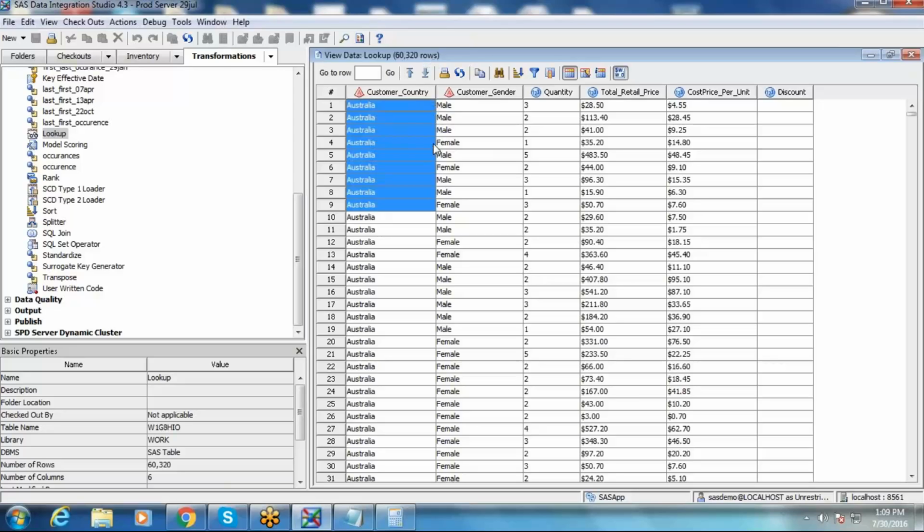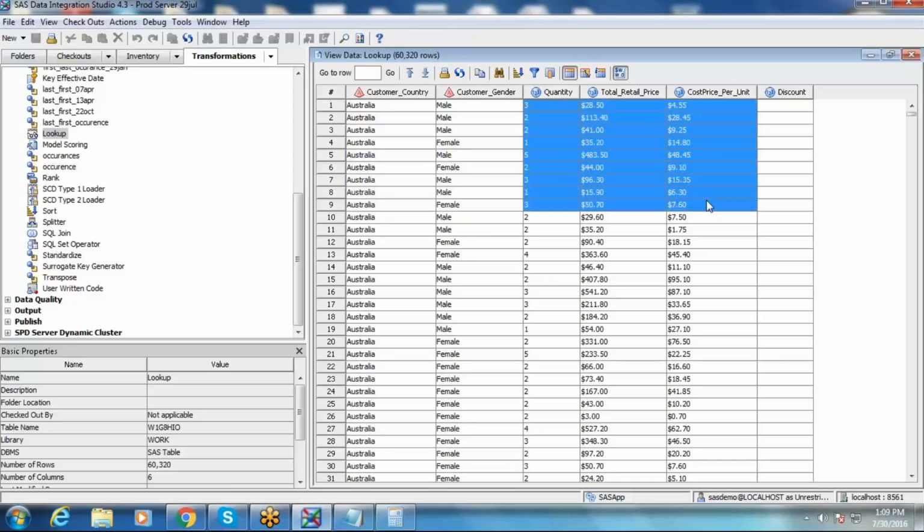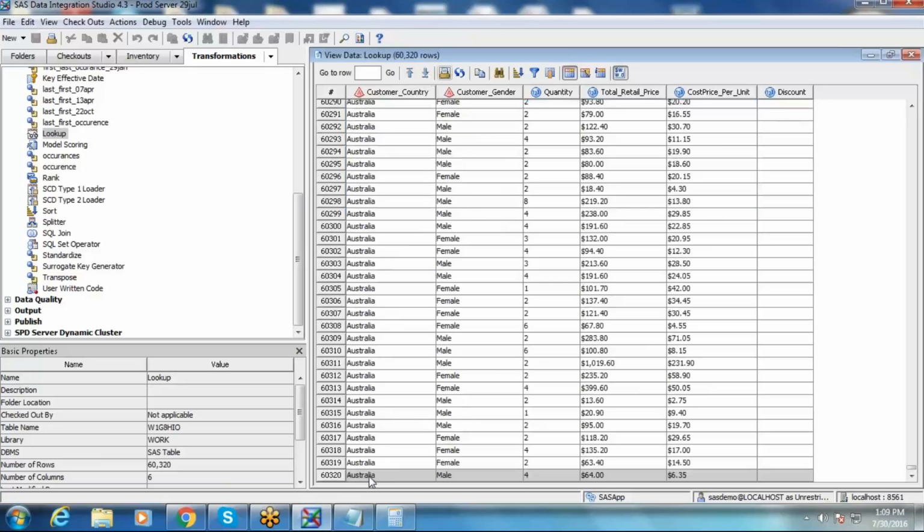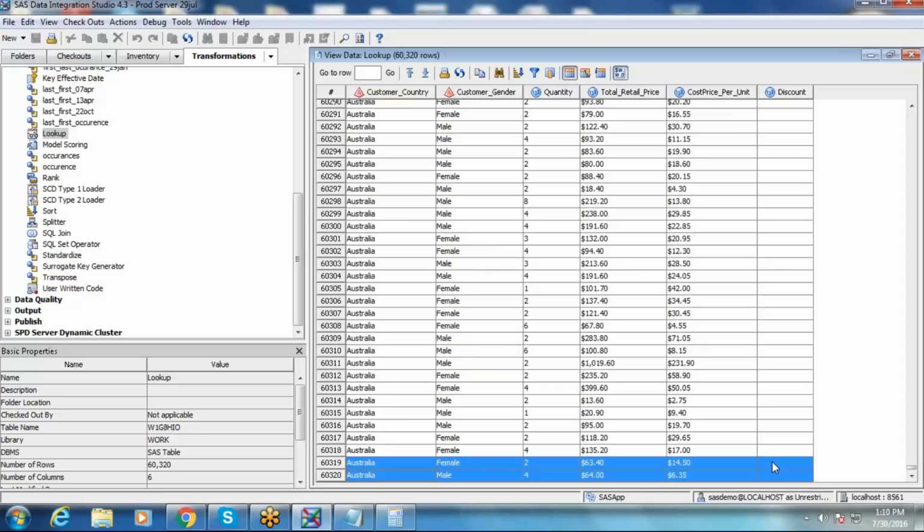This is the same strength that we got from the SQL join transformation also. Customer gender, quantity, total retail price, and cost per unit price. If you go to the last record, you should see only Australia. The rest of the records are routed to the error table or exception table. The reason being, the customer dimension table is filtered with only Australian records.